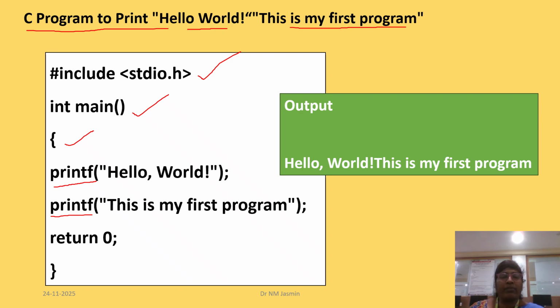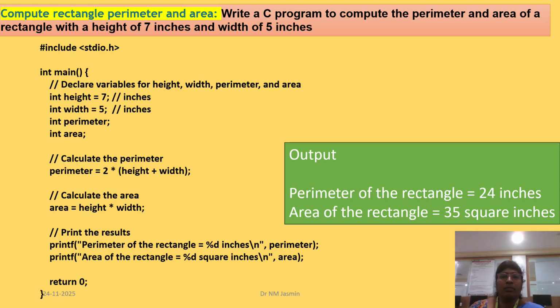Once you compile with 0 errors and run this program, you will get the same output: the first line hello world, and the second print is there. This is my first program. Okay. Next, if you see here,